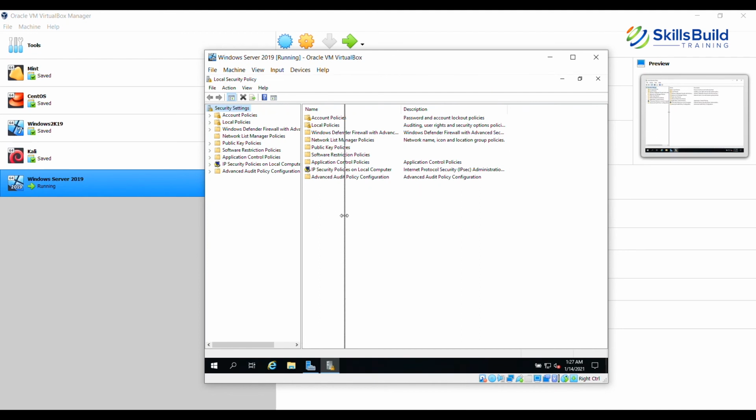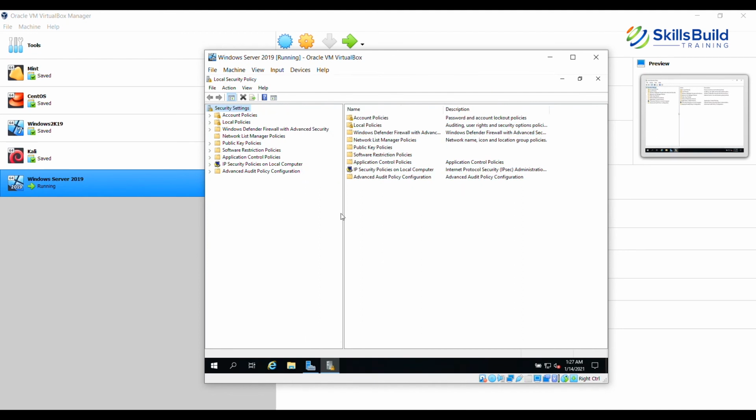But when you are part of a domain, then you have another set of policies which is known as group policies. Now, group policies are applied at the domain level. They can be applied at the site level. They can also be applied at the organizational unit level.